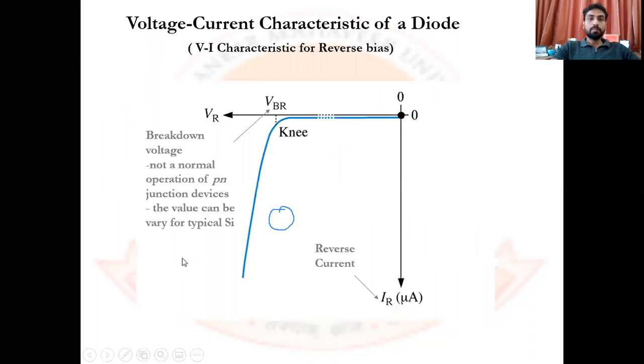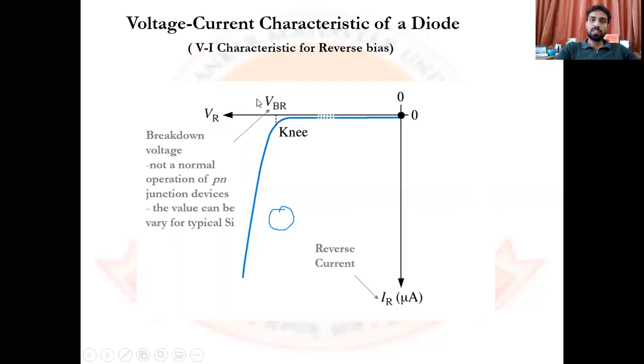Similarly, if we go to the reverse bias situation I have already told in the previous one. What is the reverse bias situation? We are just changing the polarity of the battery. While we are changing this polarity, what happens? Depletion region keeps on increasing, बढ़ती चली जाएगी, सीधी सी बात है। Depletion region बढ़ेगी तो वोल्टेज का ड्रॉप, क्योंकि हम अपोजिट डायरेक्शन में वोल्टेज बढ़ा रहे हैं, अब देखो आपका ये रिवर्स बायस वोल्टेज है डायोड के अक्रॉस, it keeps on increasing, ये रुका नहीं, but at a certain point